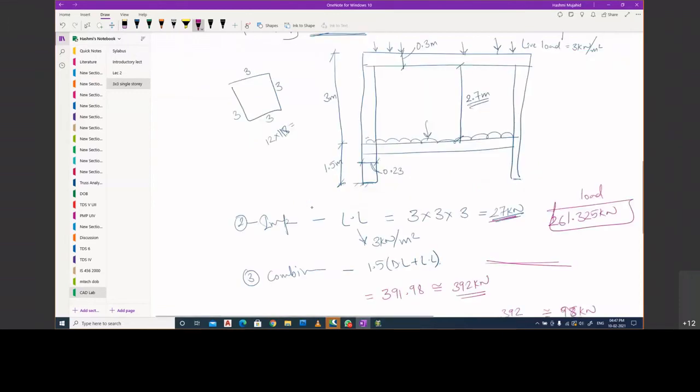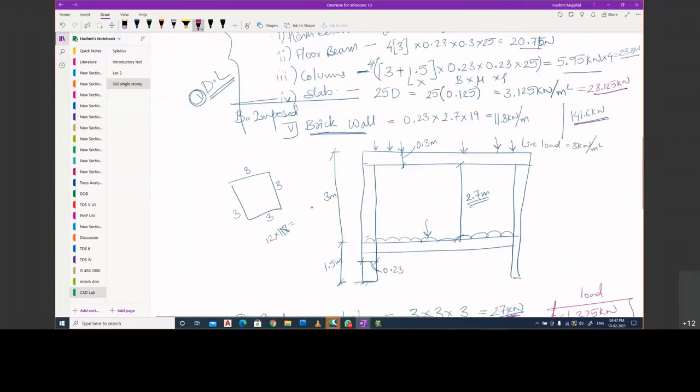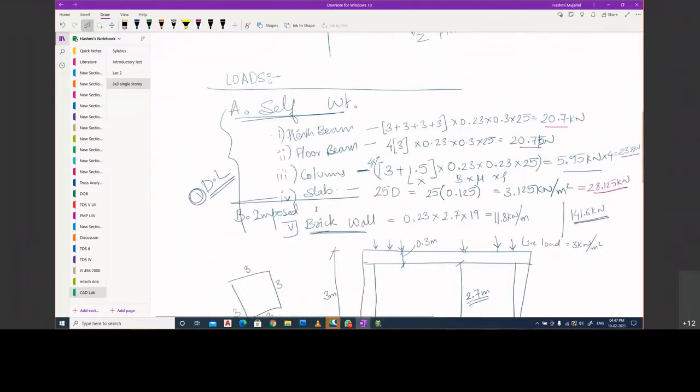So this is about our manual calculations. Now let us try to add these loads in our STAAD model. We have to add the load of the plinth beam as UDL. Although we have a complete reaction of 20 point something, we won't be adding this; we need to consider it as UDL.